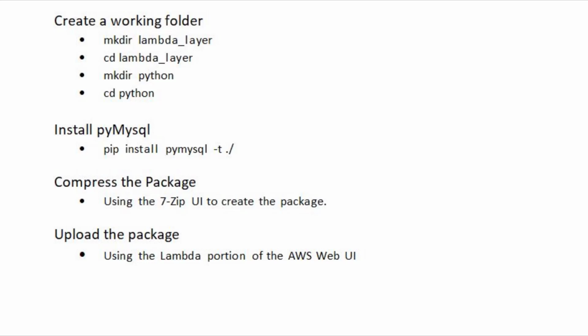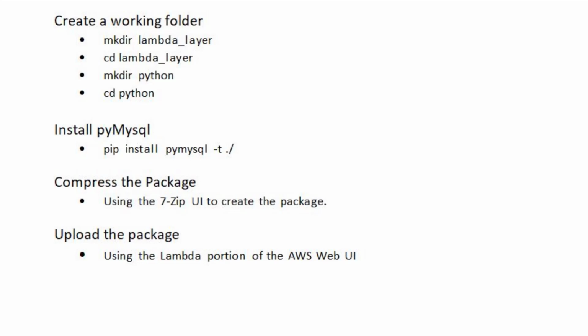Today we're going to build a Lambda layer that includes the pyMysql library. Lambda layers provide a way to share dependencies across functions and help to ensure that the same dependency code is used across multiple functions. It also helps reduce the amount of code stored in AWS Lambda. As of the time of this recording, AWS Lambda has a per region limit of 75 gigs for function and